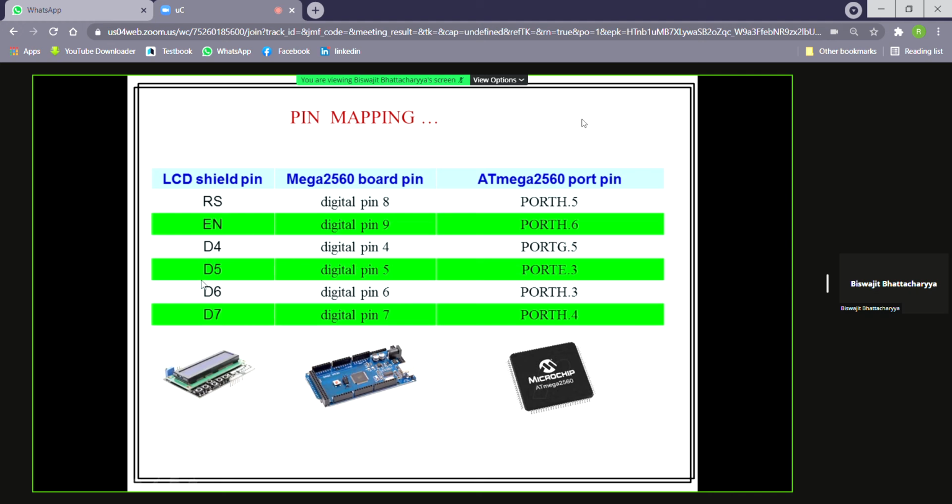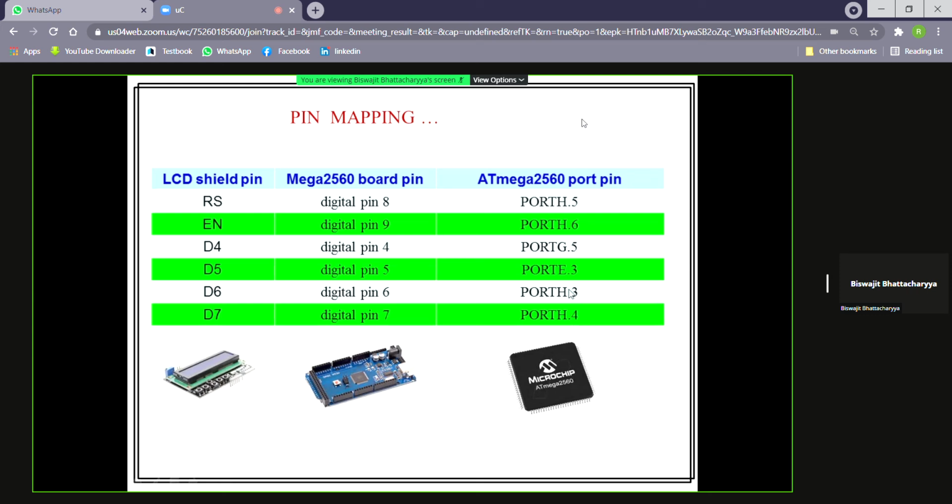And here 4 bits are used, not 8 bits. Here 4 bits are used to save the number of pins. D4, D5, D6, D7 are connected to digital pin 4, 5, 6, 7 of the Mega board. And 4, 5, 6, 7 are actually port G.5, port E.3, port H.3, and port H.4 of that microcontroller pin.